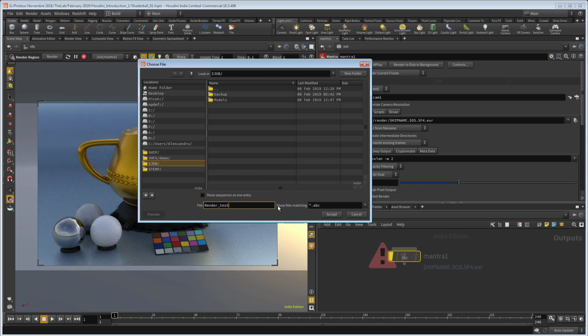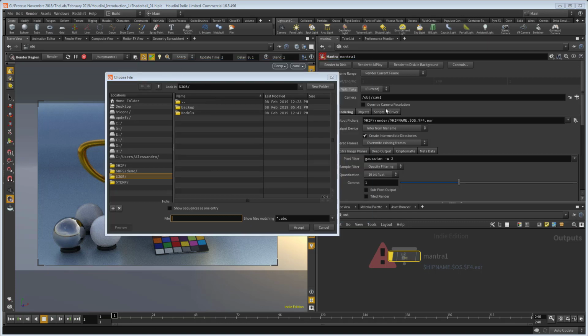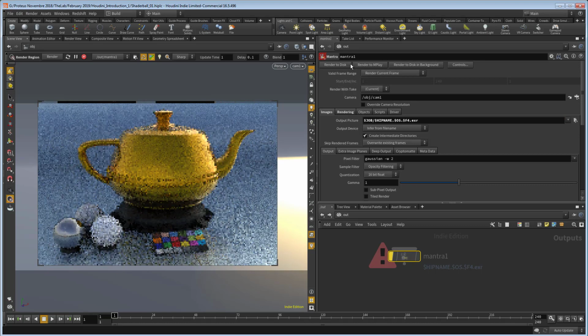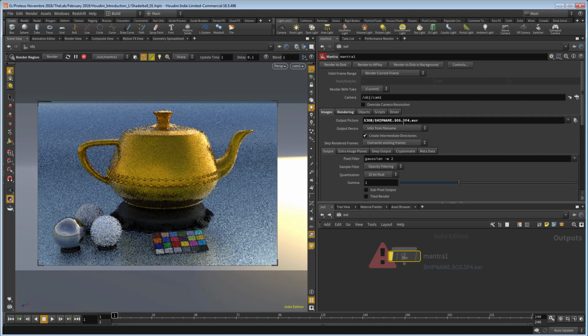Maybe we can directly use this folder, so you can save directly there. So we can use this one, and let's write it there, and let's remove this one. Okay, in this way we can, for example, at the end say render to disk,